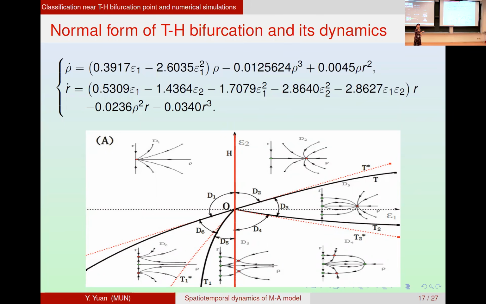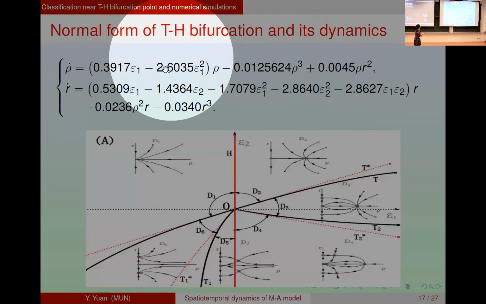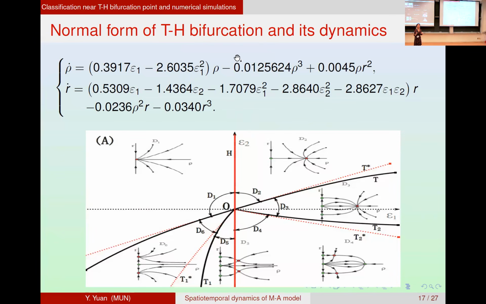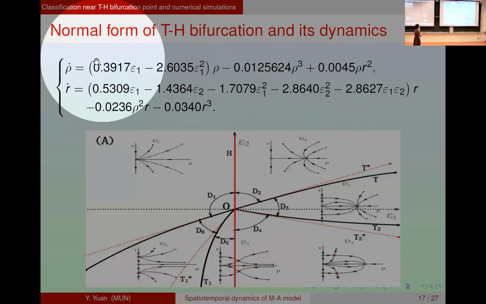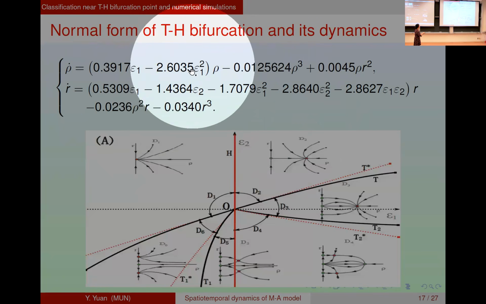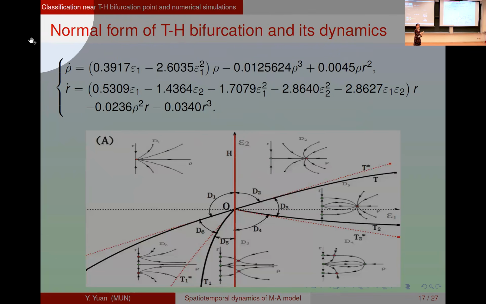Based on this explicit form, we can analyze the spatial temporal patterns in each part explicitly. Here epsilon 1 and epsilon 2 are just the perturbations. We introduce the perturbation in mu, which is related to the diffusion term, and R. Based on this, we know for this model the origin is always an equilibrium point. The origin is related to the positive and